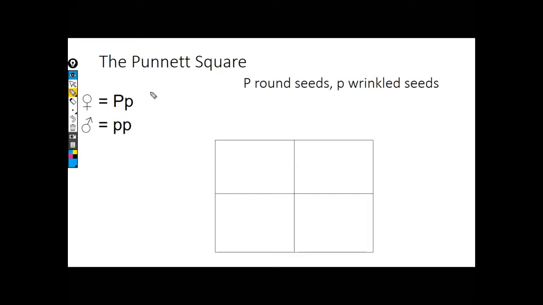If I'm going to make a haploid gamete, I'm going to make an egg. Okay, if I'm going to be haploid, I'm going to put 1 allele in it, right? I can have an egg that has a big P in it. That's one possible choice. Or I can have an egg